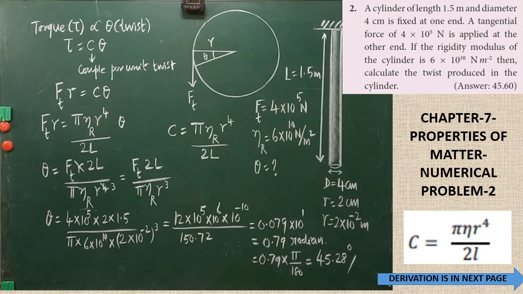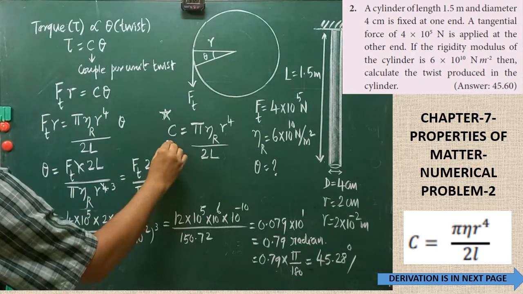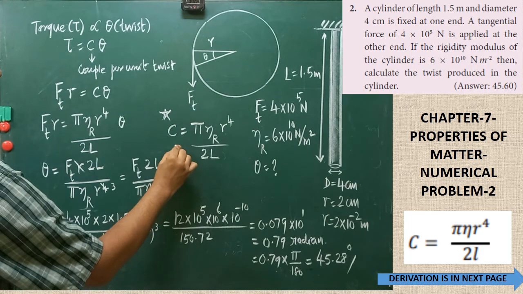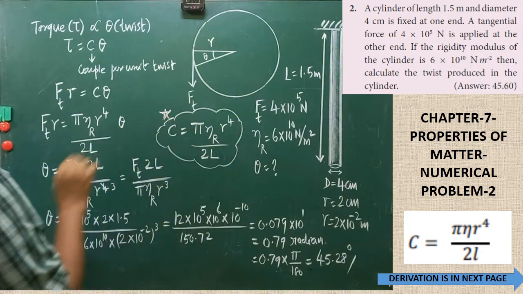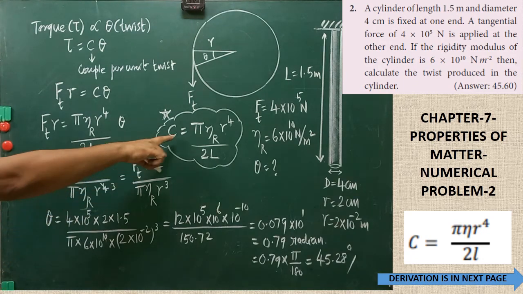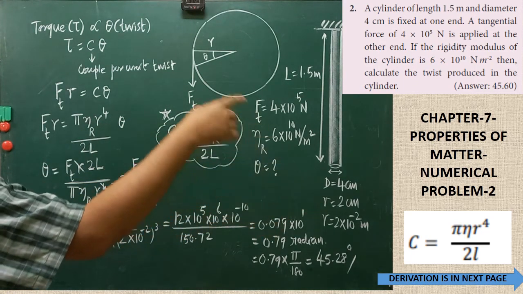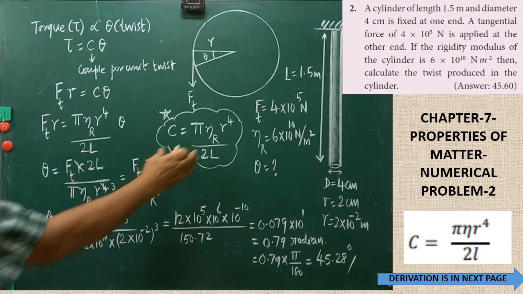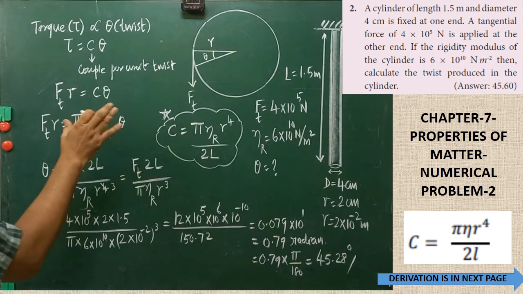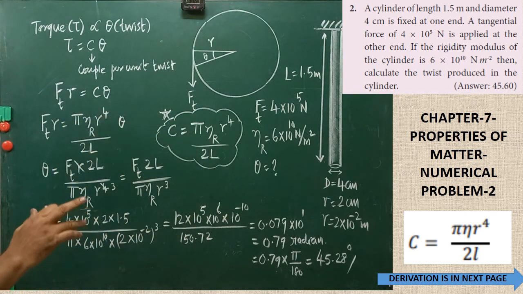The only thing is, this formula is not available in the textbook. Are you clear? Very, very, very important. I'll put a marking here. This formula is not available. For this derivation, I have given the derivation separately, but you need not go through that. Just learn this by heart, substitute, only then you will get the textbook answer. That is a very tricky thing in this problem. Okay. Thank you.